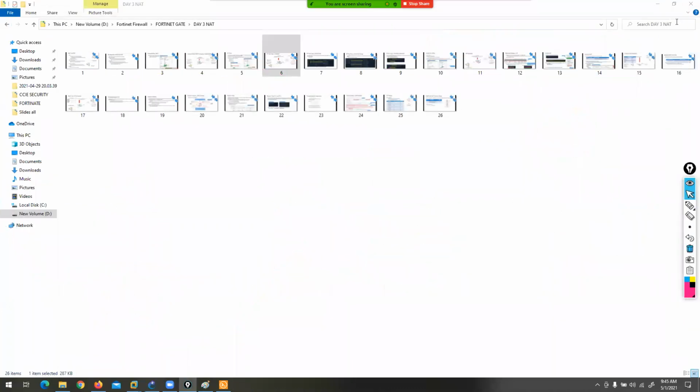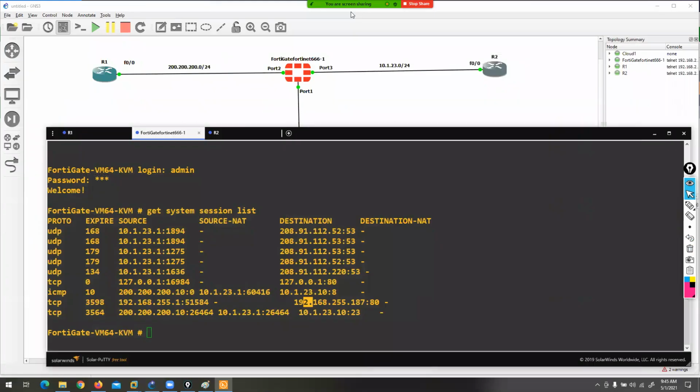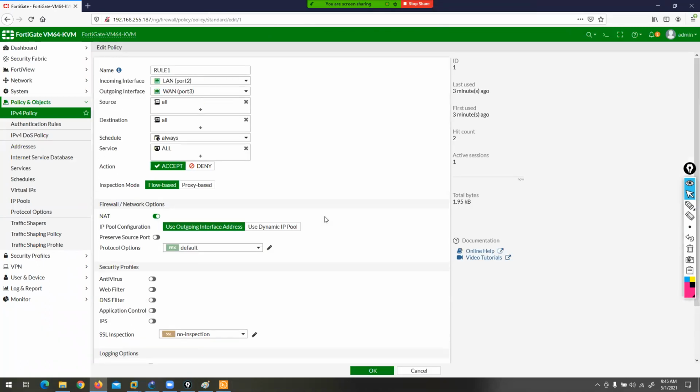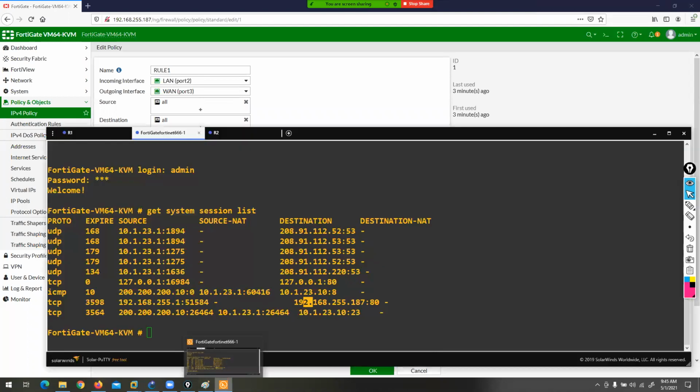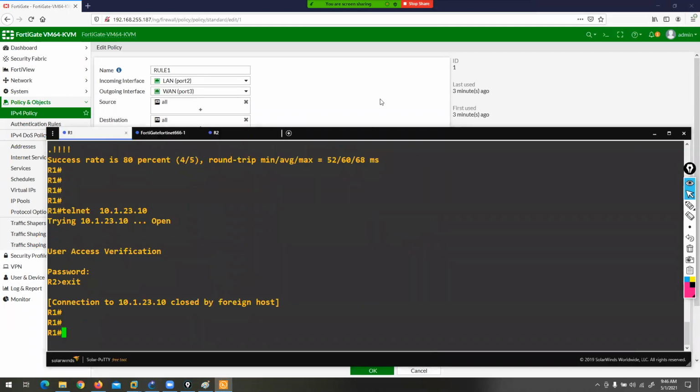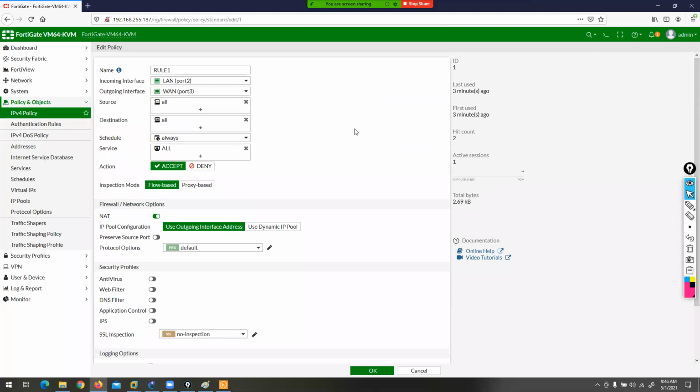So let's focus on the next option. Actually, guys, we are discussing the source NAT option right now. This is the option for source NAT. So let's configure again. Wait, let me exit. Now here we have the option: we completed our outgoing interface address. Now you can go and select this.